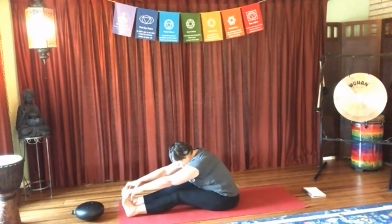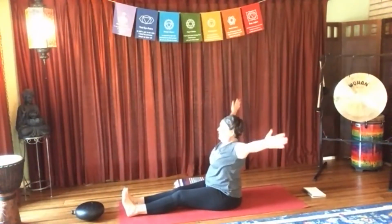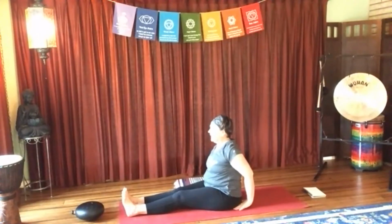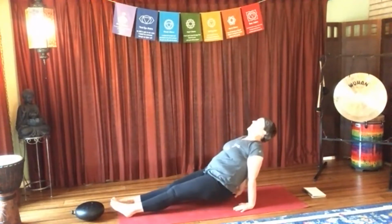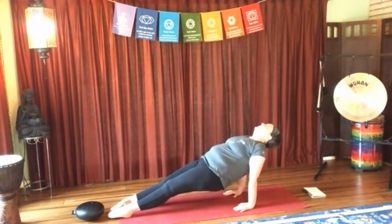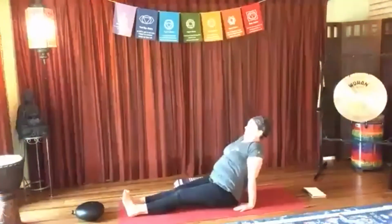On the next inhale, we're going to rise up, circling the arms all the way around, bringing them right behind you, placing your hands on the floor and lifting straight up into reverse plank. Breathing into it. Find your breath. On the next inhale, grow long through the crown, exhaling, lowering down,